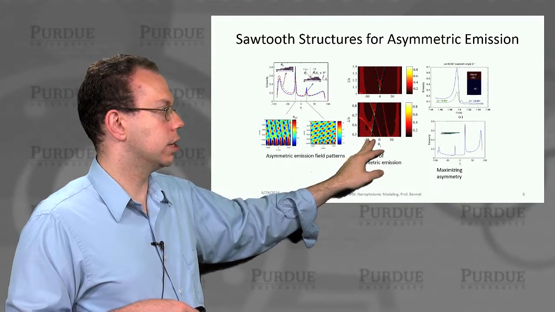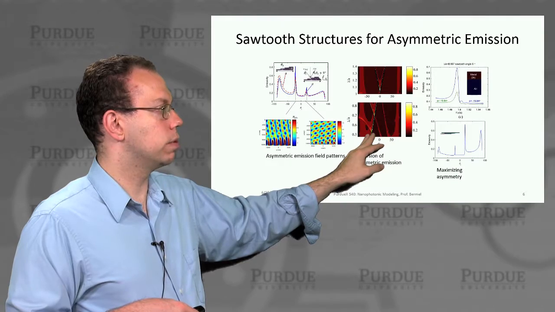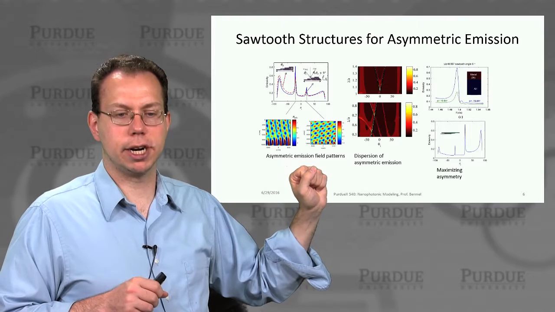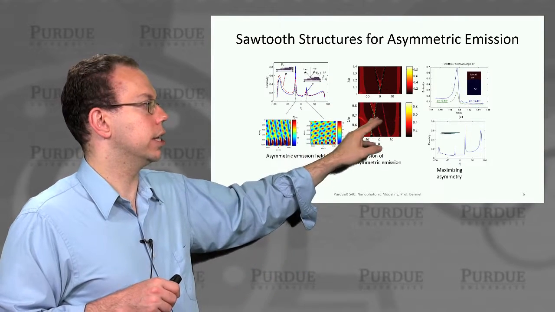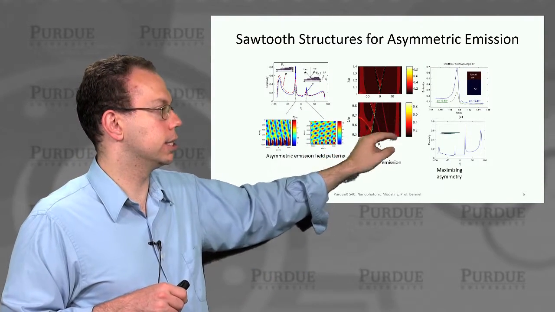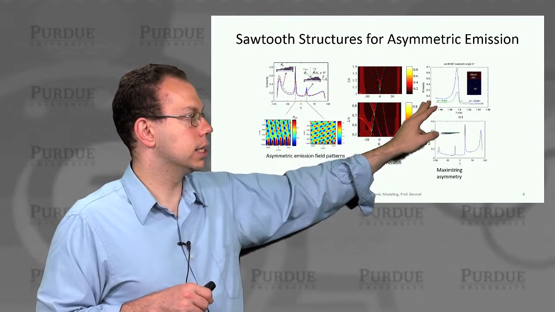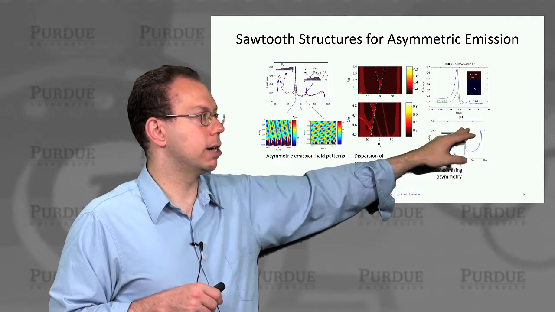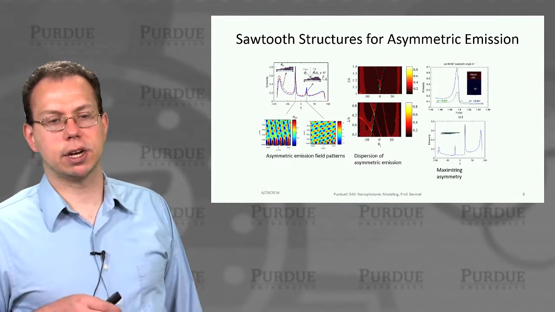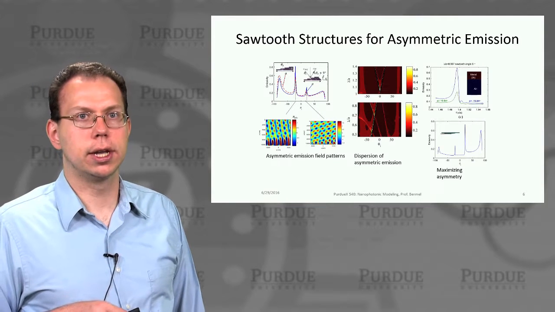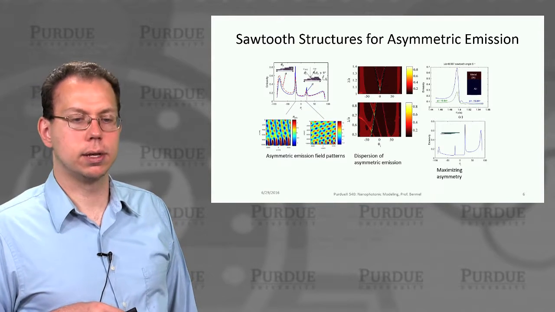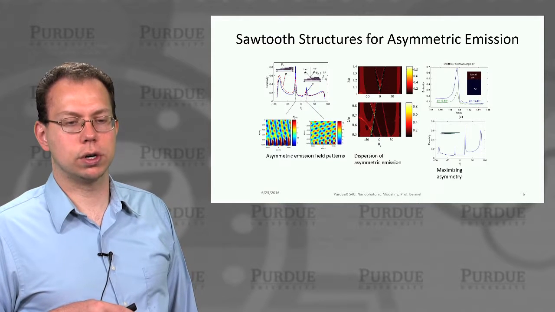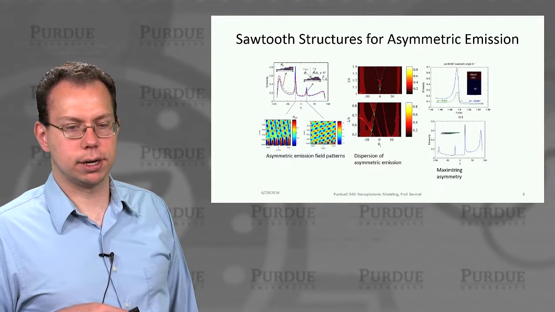You can see that for sufficiently small wavelengths where you can sense the asymmetry of this periodic system, you can have very high emissivity here and then maybe low emissivity in the other direction. This is just illustrating this in another way, that you have an asymmetry of about a factor of 3 from this sawtooth structure. So it's a very simple structure and certainly can be fabricated today, and it would give you pretty good control over the angle of emission.